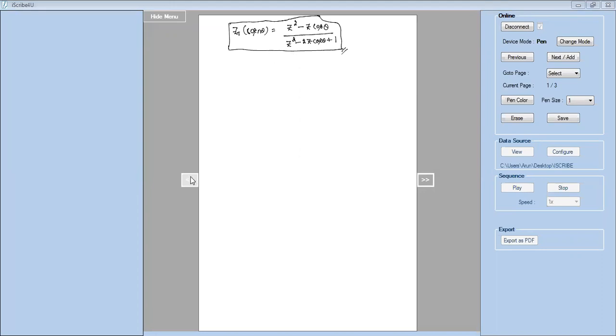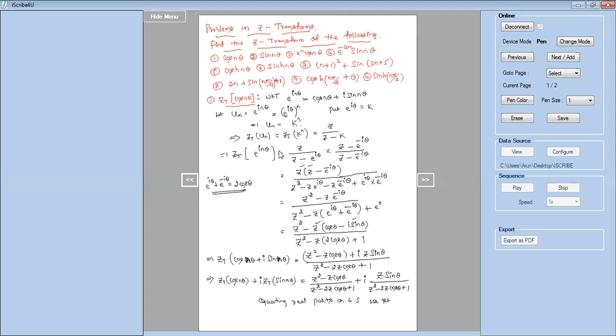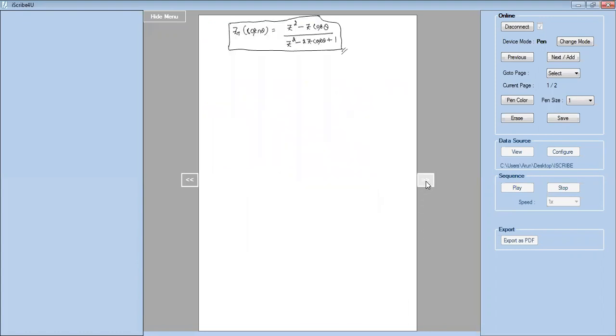Now coming to the previous page, so here this is about cos n theta. If I ask in the annual exam, find the z transform of cos n theta, you have to do this. Suppose in the annual exam, if I ask, find the z transform of sin n theta, then what we have to do? So we have to repeat this entire steps starting from here. You just change this cos n theta to sin n theta, and from here onwards no changes. You have to repeat this entire steps, and in the last line, instead of equating the real parts, you equate the imaginary parts.